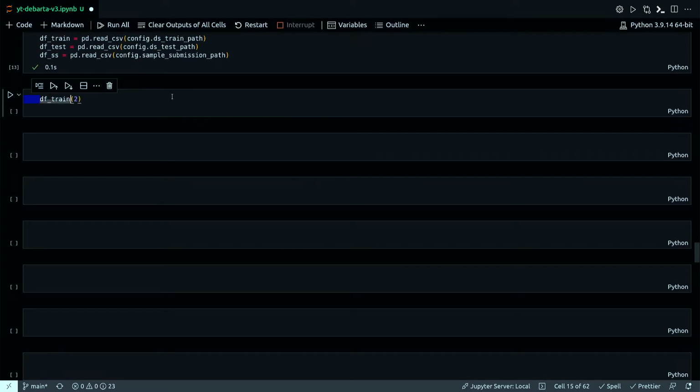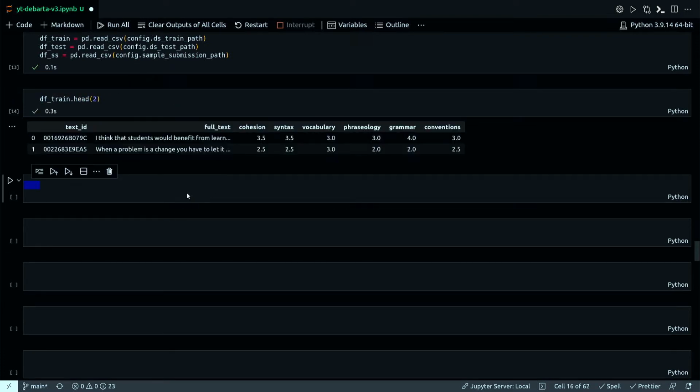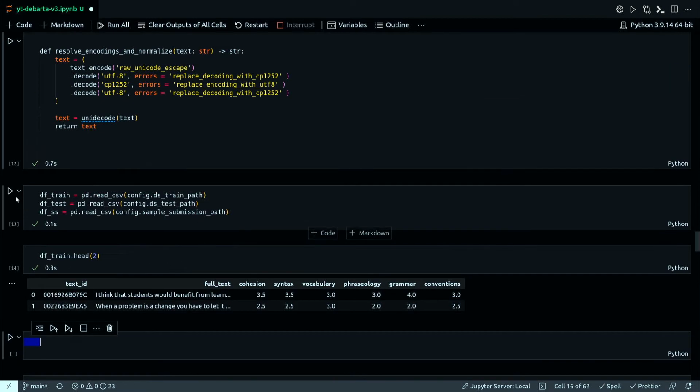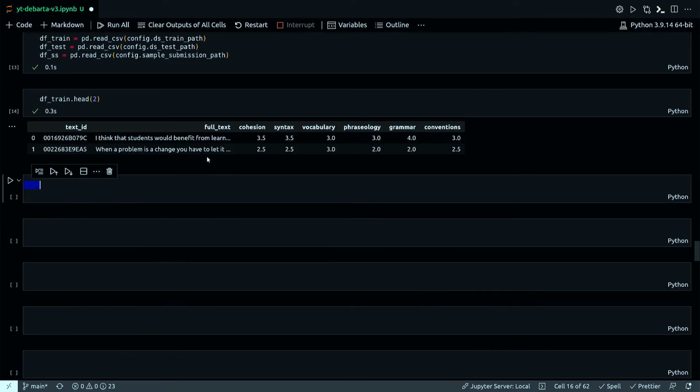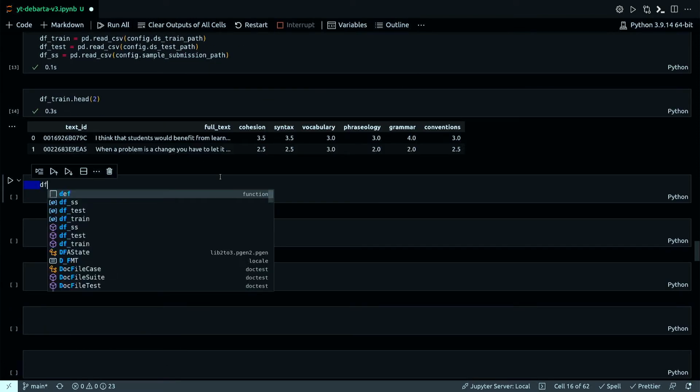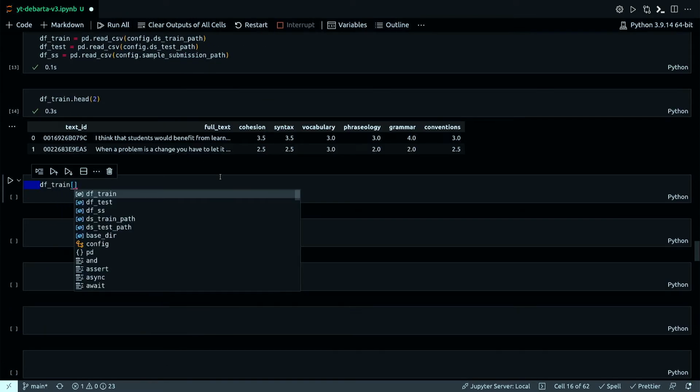DF train dot head. Yeah, so now I need to apply to these DF, actually to all the DF train, test and SS, these Unicode resolving methods. And I need to apply these only for the text column.